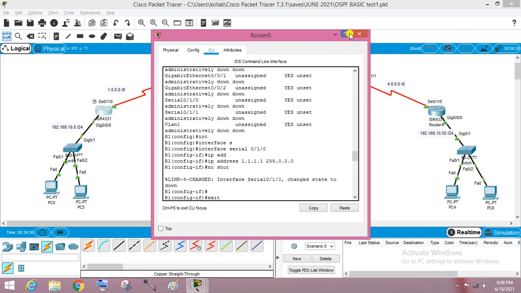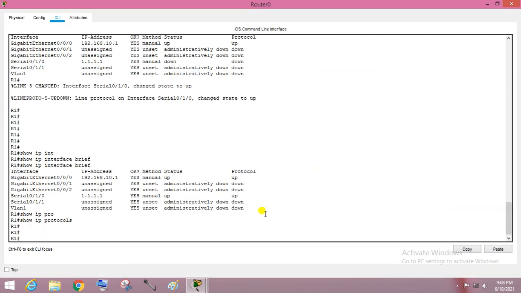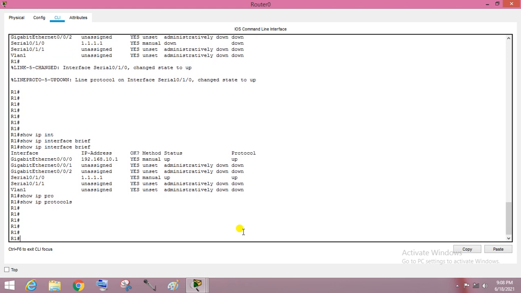So when I go to this, there are three main commands: show ip ospf neighbor, show ip ospf database, show ip protocols, show ip route. These are the commands for troubleshooting. First we have to check what routes this router contains.